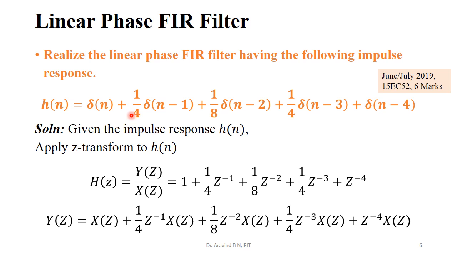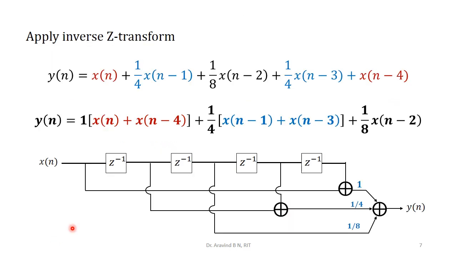the linear phase representation. So now apply the z transform, we get H of z. H of z can be realized as Y by X, and then the right hand side multiplied with X of z gives us Y of z. We need y of n, so we apply the inverse z transform. Now once we got y of n, identify the midpoint. Total there are 5 values. So this is going to be the midpoint.